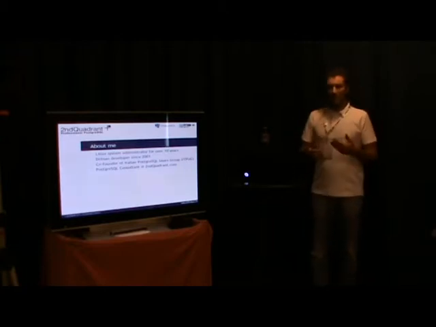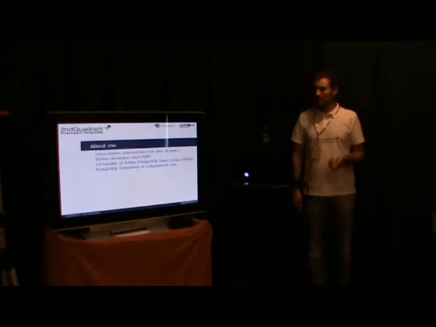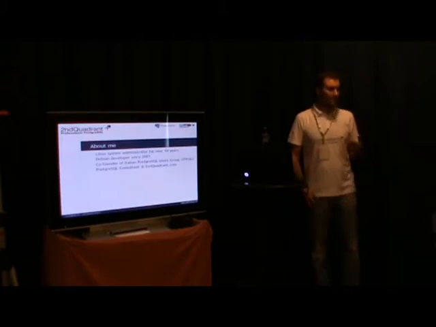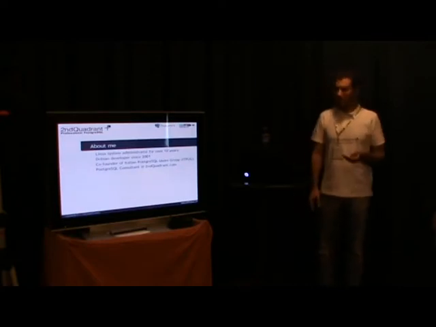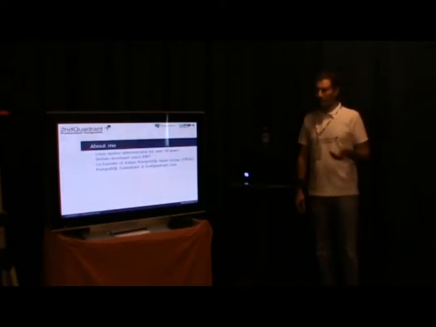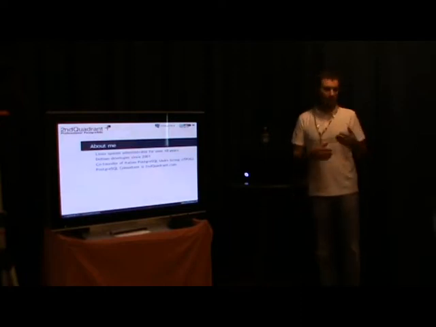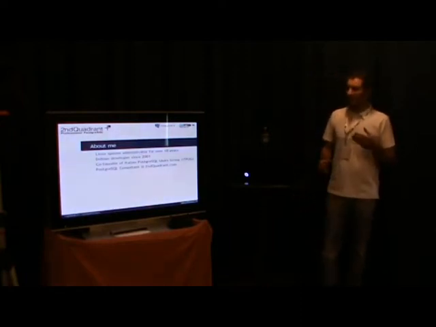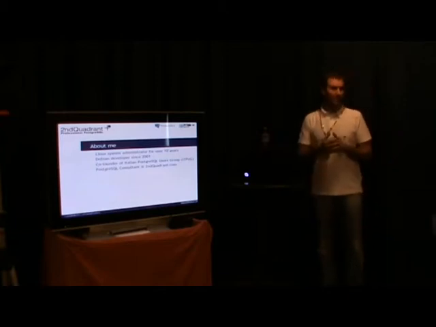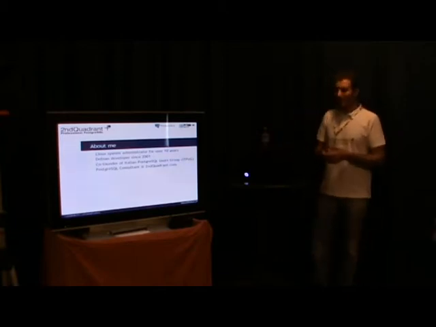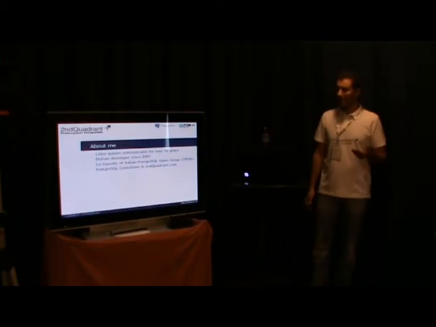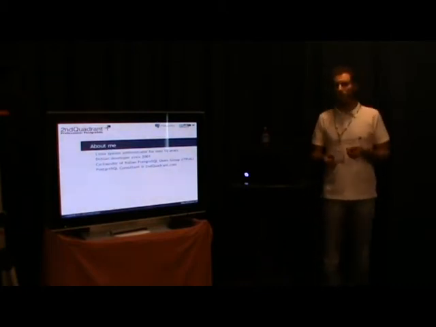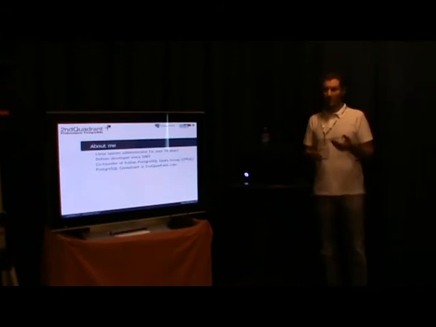About me, I've been a Linux system administrator for over 10 years, and since the beginning of my Linux experience, I've been a Debian enthusiast. I'm also a Debian developer, and speaking of database preferences, I like PostgreSQL, and so I'm glad to work for Second Quadrant, which allows me to work every day with both of them.